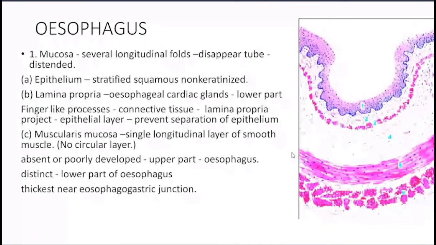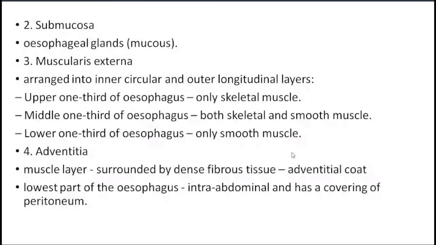Now coming to the submucosa. So here submucosa, it is again the second layer. Here you can see there is presence of the esophageal glands, which are the mucus secreting glands, sometimes present in the submucosa. तो यहाँ पे differentiating feature आपको बस इतना ही मिलेगा कि you will get the gland in the submucosa. So these are the mucus secreting gland.